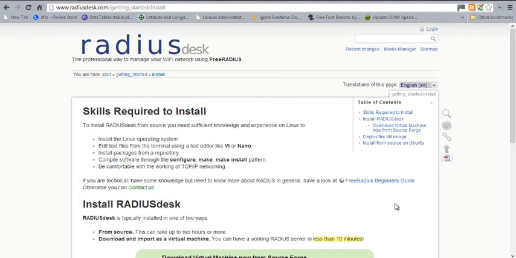Alright, welcome back guys. In this video, we're going to look at installing the RADIUSdesk platform on an Apache based web server. Where I am right now is on the RADIUSdesk install page, and there are a couple of assumptions I'm going to make, which is what's under the skills required